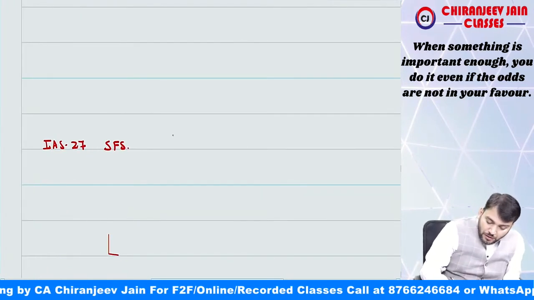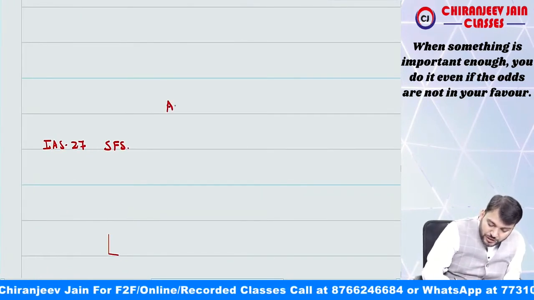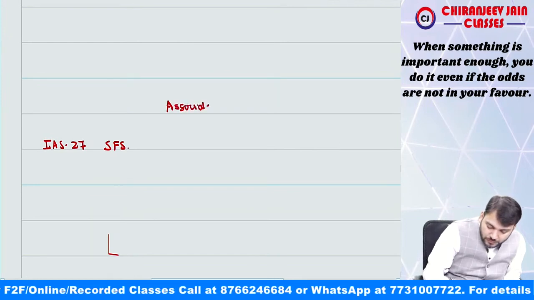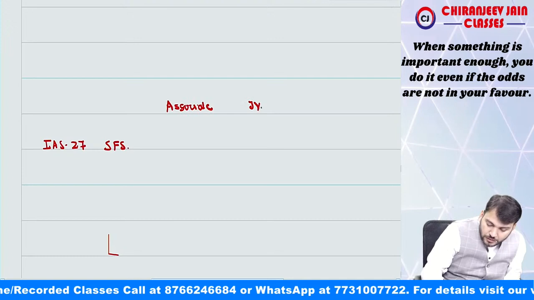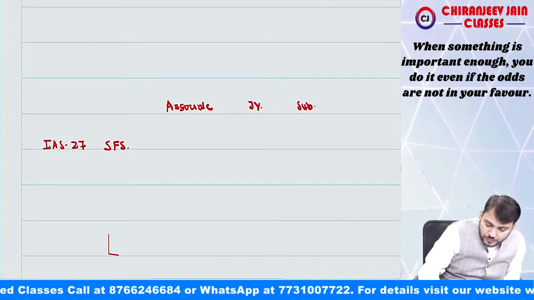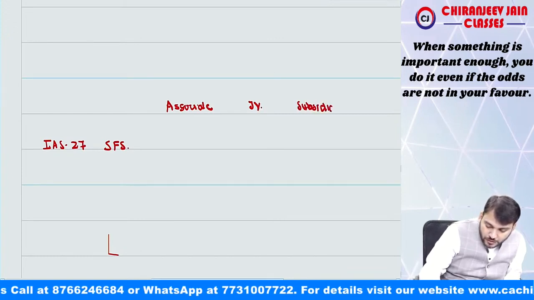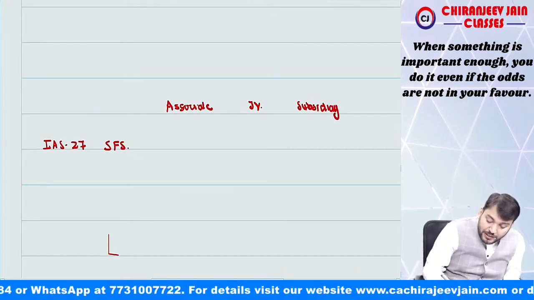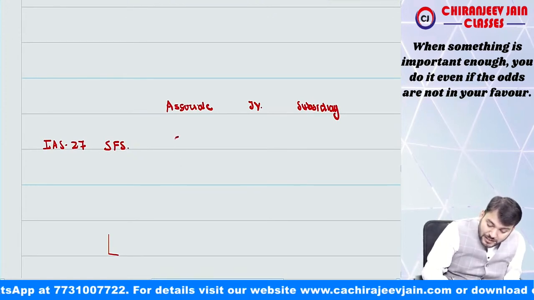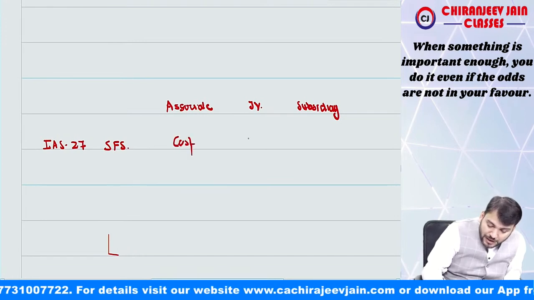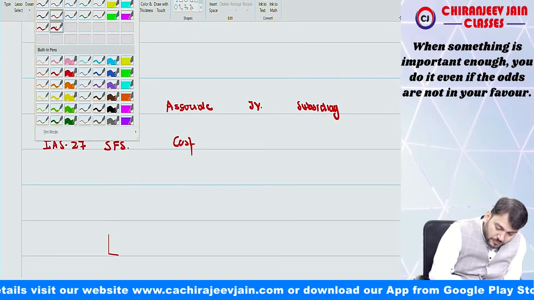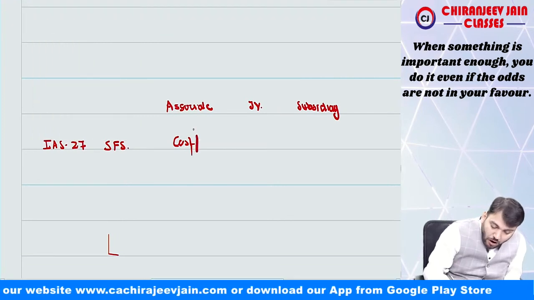Correct. Now, if there is one associate, joint venture, or subsidiary, correct, IAS 27 says either you can use cost method or